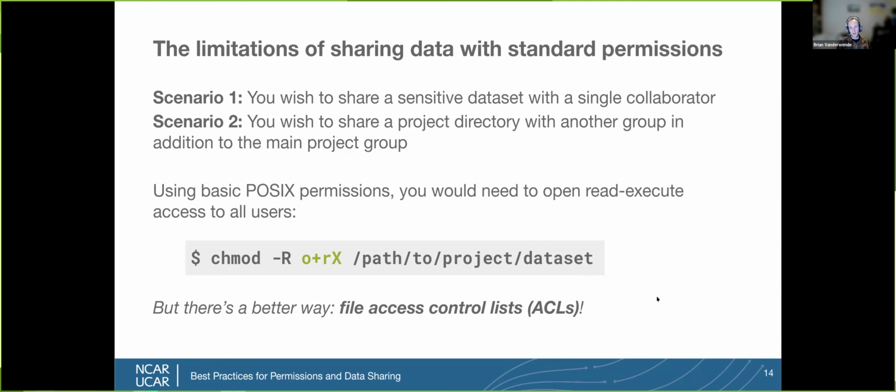Okay, but there are obviously limitations to sharing data with standard permissions. There's a lot of power in the standard POSIX permissions, but here are two scenarios you wouldn't be able to accomplish with them. Let's say you want to share a sensitive data set with a single collaborator. I don't even want to open it up to a whole group. I just want to give access to one person. You can't do that with standard POSIX permissions, but you can do it with ACLs, or access control lists,